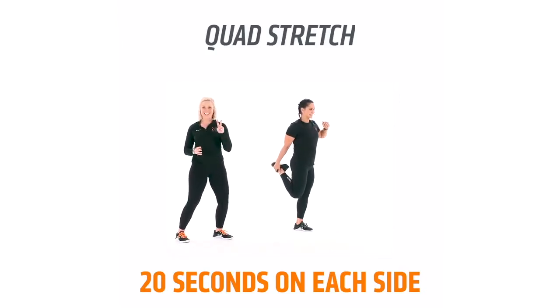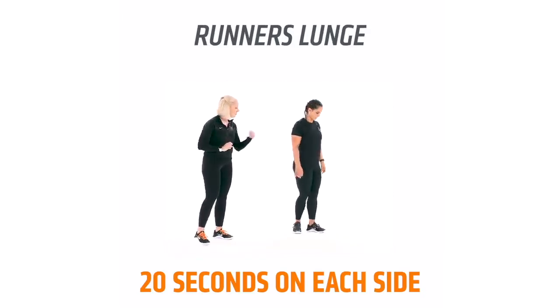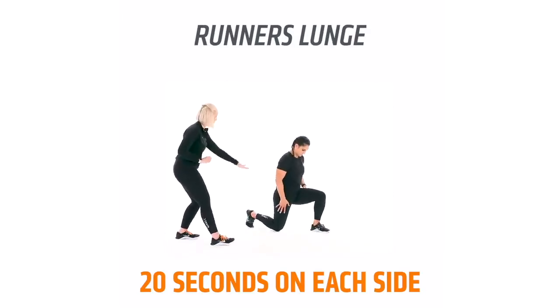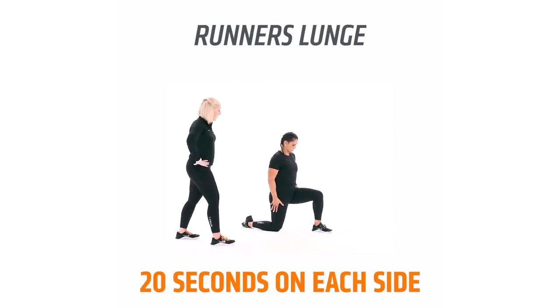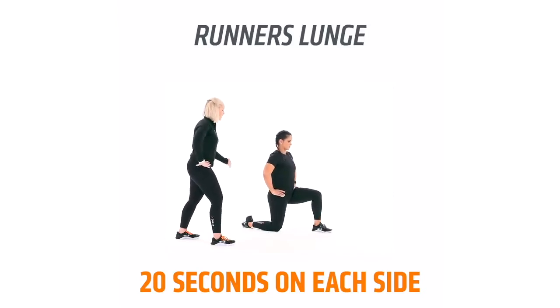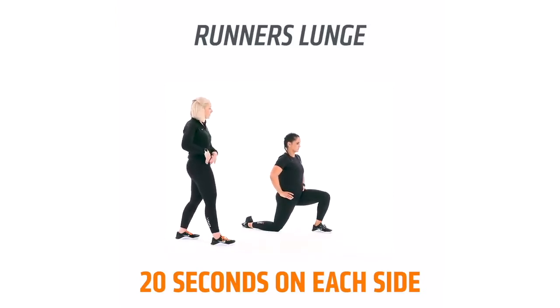So 20 seconds on each side for that. Our last stretch is going to be our runner's lunge. So we're gonna drop it down to a knee. That back leg is gonna be nice and flat. The knee is directly above the ankle. Hand is gonna be on our hip. From here, we're just gonna slightly press our hip forward, squeezing the glute so we feel it in our hip